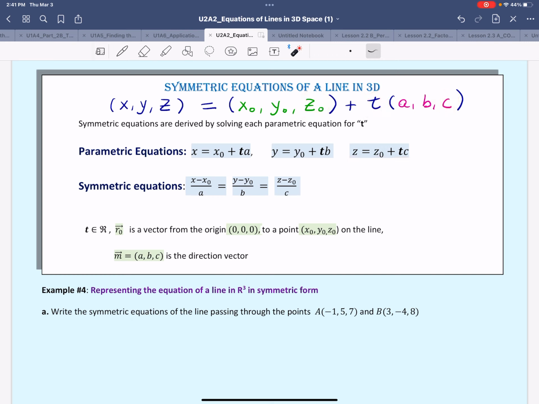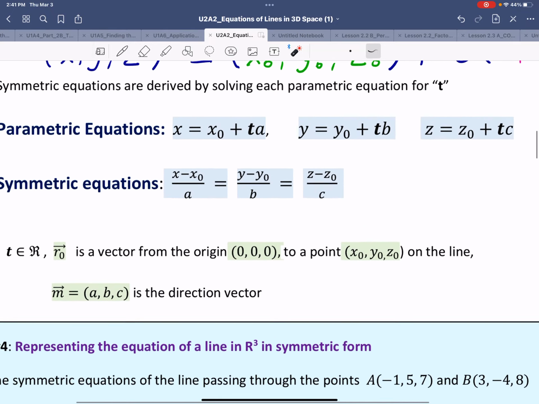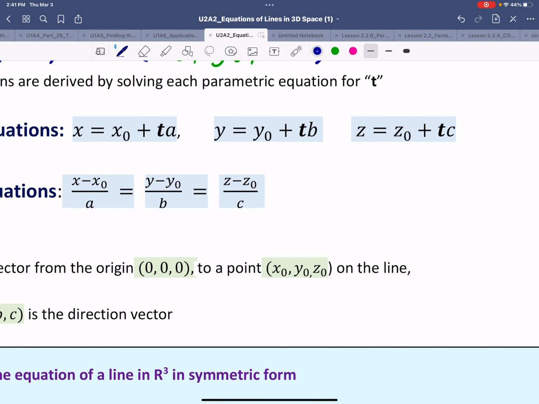Now, in this lesson, we are going to learn how to build what we call symmetric equations. Symmetric equations are built based on parametric equations. So we are solving each parametric equation for t. I'm just going to do the first one. So x minus x0 would equal ta. And to isolate t, you divide both sides by a and you get (x minus x0) over a equals t. In a similar way, we get t from the second parametric equation as (y minus y0) over b,